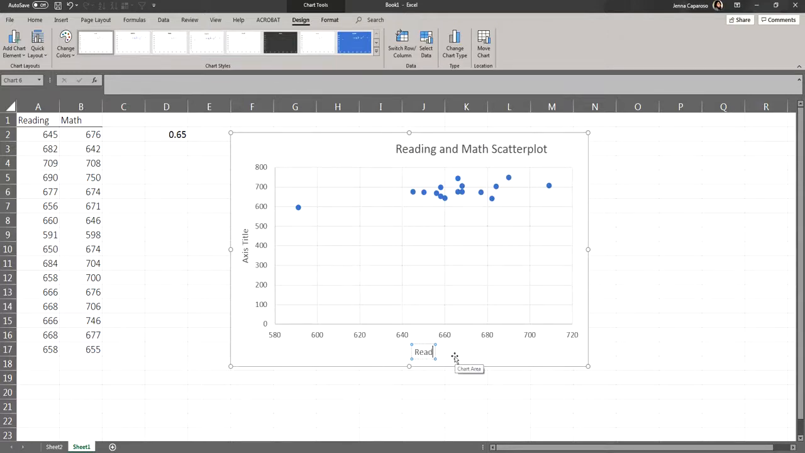This is the reading scores. And here is our math scores. Okay, so you can see, you can click, you can drag and move these around. This got it off-centered. You can also do things like if I highlight all of it and go back to